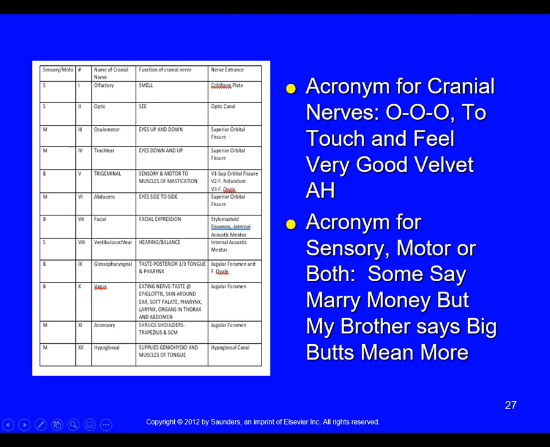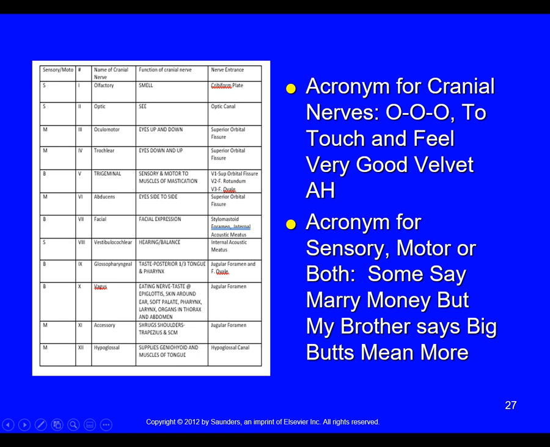Make sure that you know the oculomotor is eyes up and down, and then it comes through the superior orbital fissure. We're going up before we go down, because the trochlear, cranial nerve 4, eyes down and up. Superior orbital fissure. The trigeminal we'll get into a lot more, but this is sensory